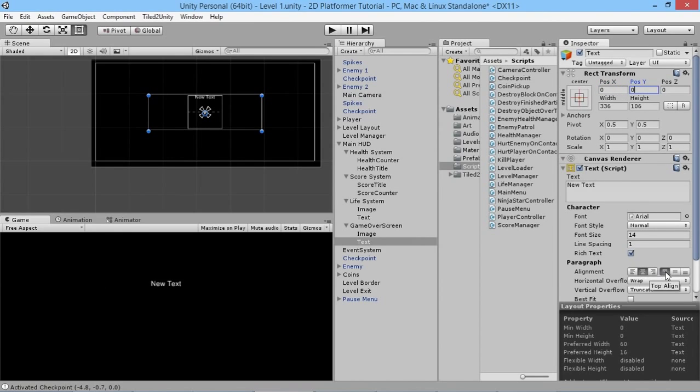And we will align the text into the middle like this, and we'll just make it say game over, and we'll set the size really big. Say we'll go for 40